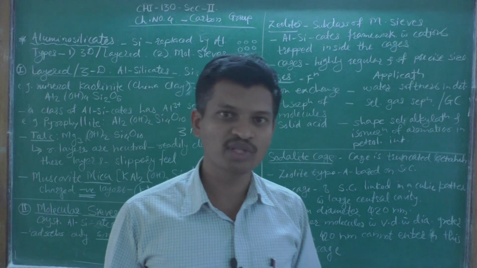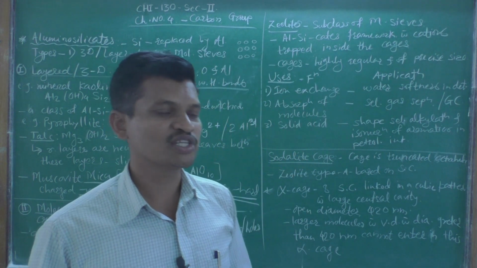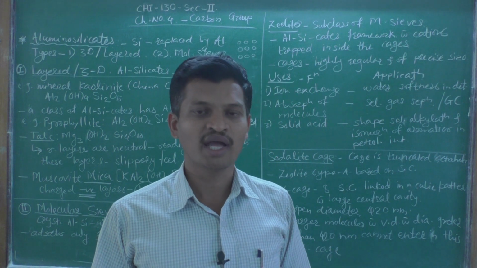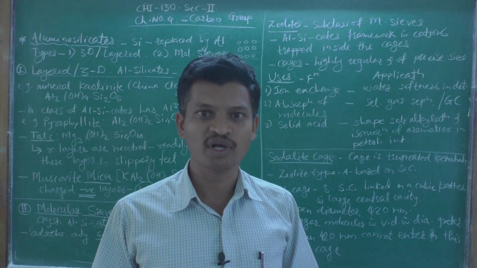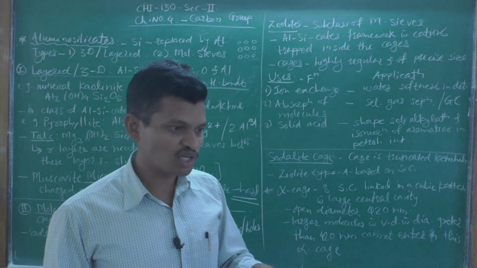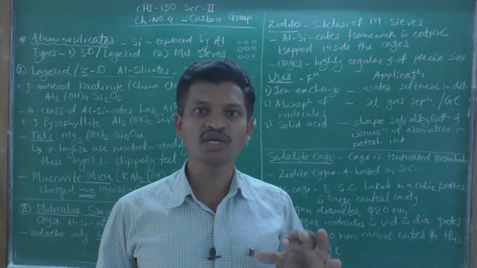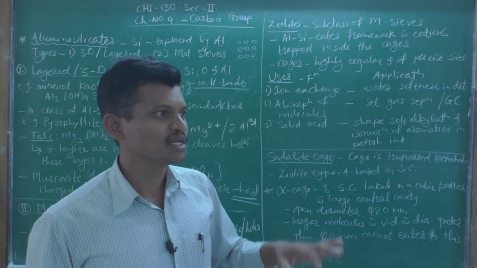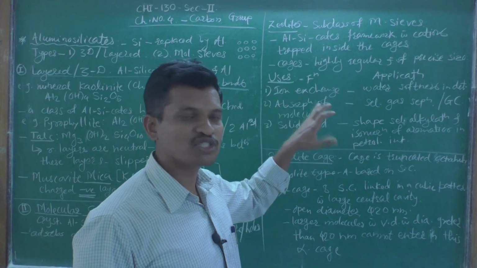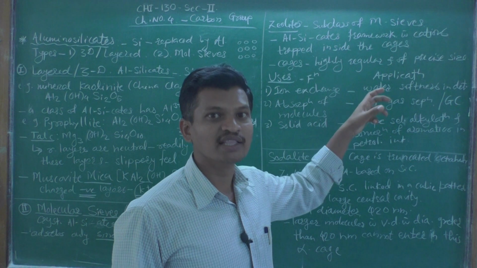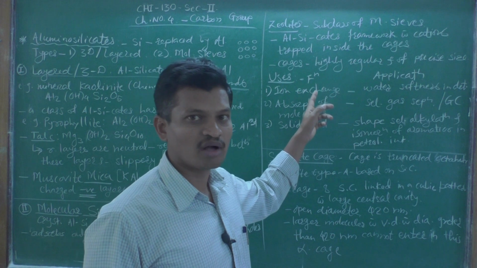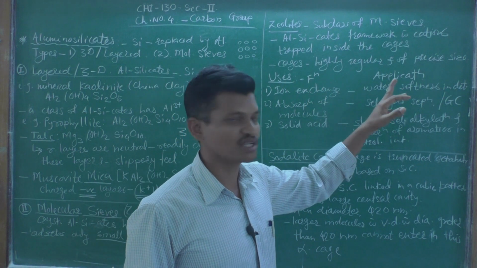We know that water gets hardened due to the presence of calcium 2 plus and magnesium 2 plus ions, and such water is called hard water. It is unable to form a foam in contact with detergent or soap, so such water is not useful for washing or drinking. Hence it can be converted into soft water by a process known as ion exchange, and this is the application of zeolite molecular sieves: they can be used for ion exchange, that is, as water softeners in detergents.